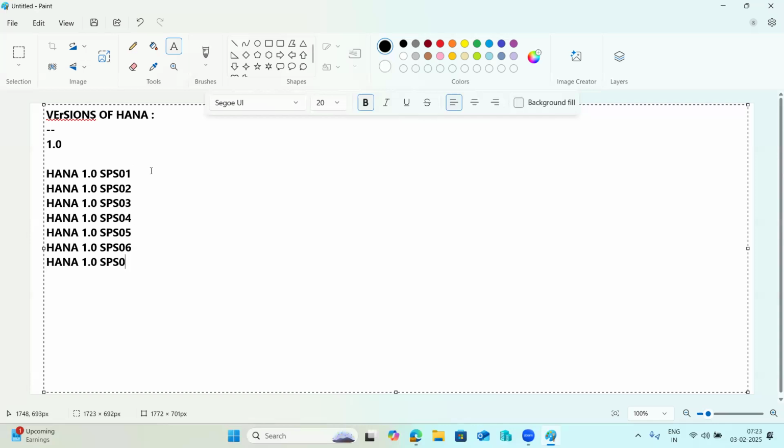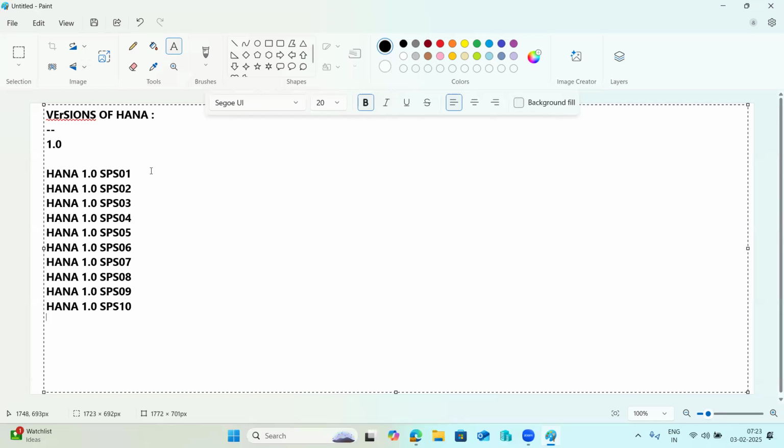So coming to the versions of HANA. What are the versions of HANA here? As of now, as I mentioned, the latest version is SPS 08. Initially they released 1.0, which means HANA 1.0 SPS 01, right? Up to 12, they released it in 1.0. The version history is also very important here. People will ask you what is the earliest release, the first stable release in the HANA database. So HANA 1.0, SPS 01,